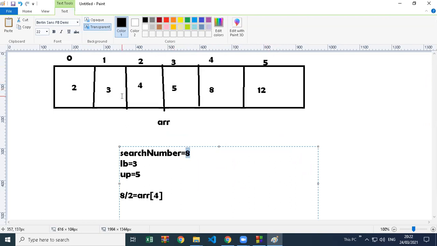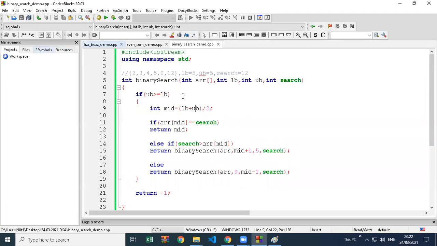Then again take lower and upper bound and do the same process. We calculate the middle, check whether it's the same value, and if not, go to the right or left side. We keep doing this, calling the same function again and again using recursion, a function calling itself, until we get the value.